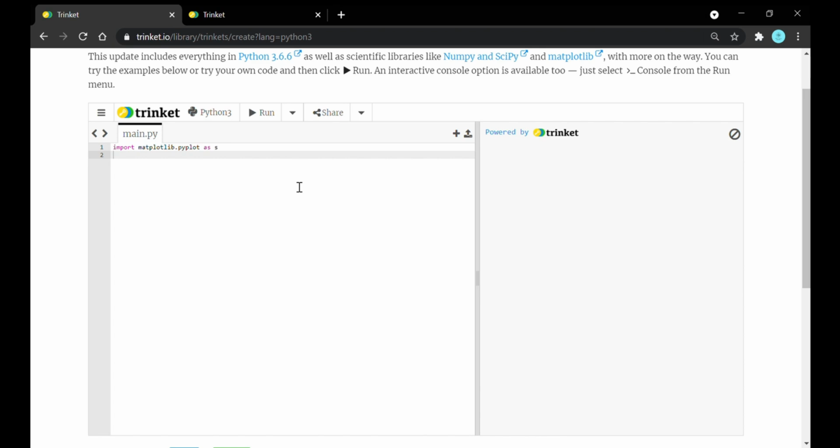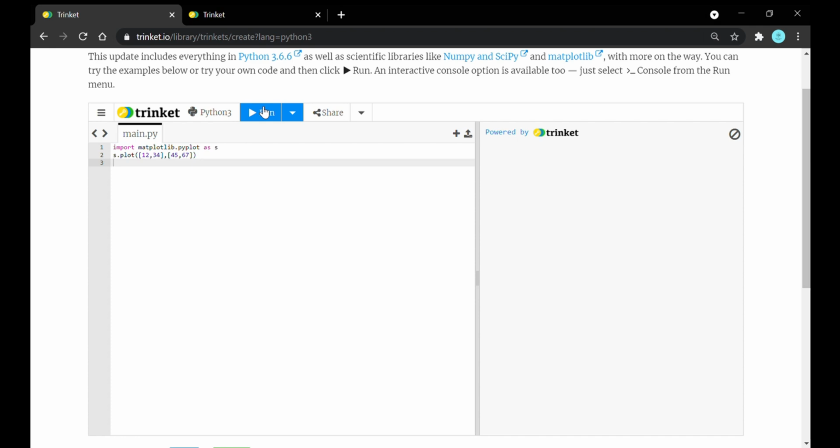That would be s.plot. We'll keep two values in x-axis and we'll keep two values in y-axis. So after s.plot, we need to open round brackets and we need to enter the data. In round brackets, I'll create two lists to add the data. One list would be 12 comma 34, and another list would be, that would be the y-axis, 45 comma 67. So now the data is plotted, but it will not show here because we have not used